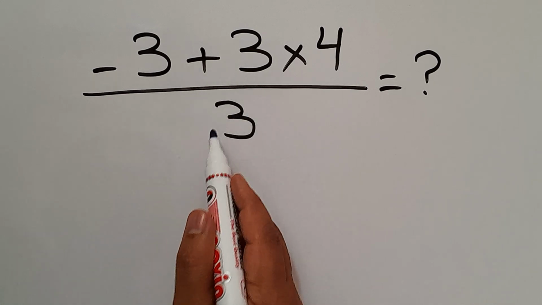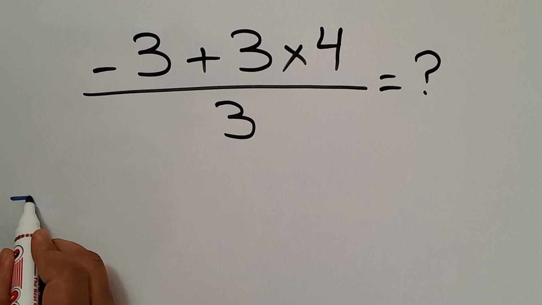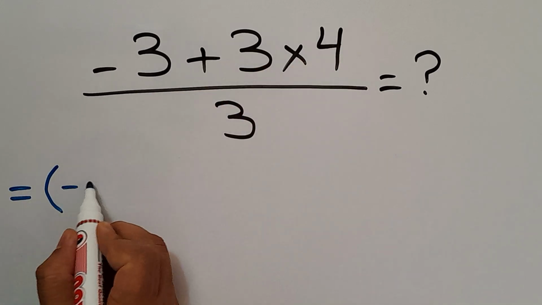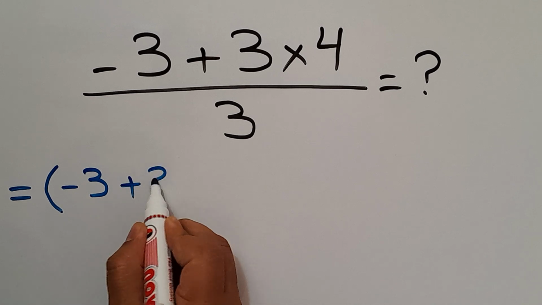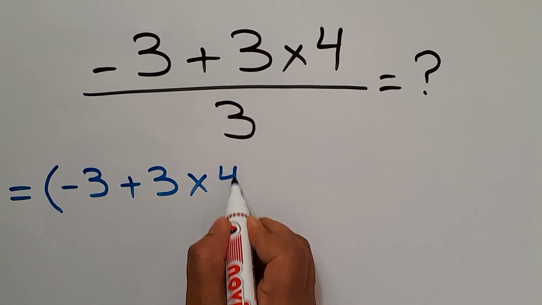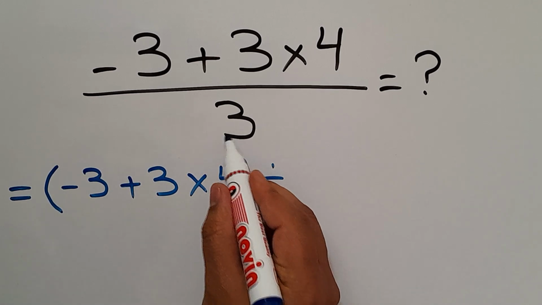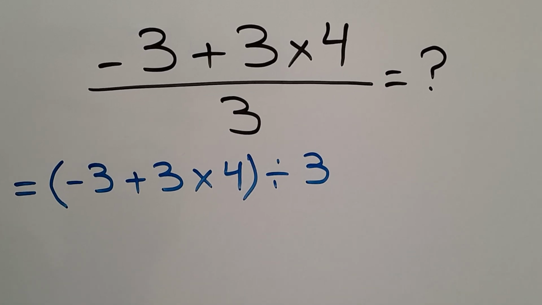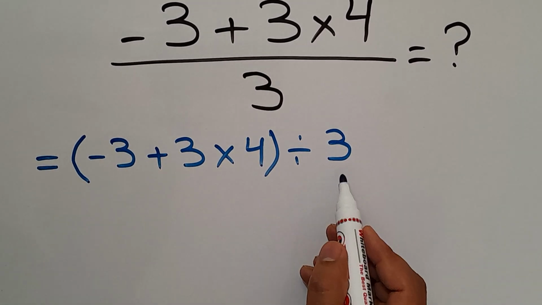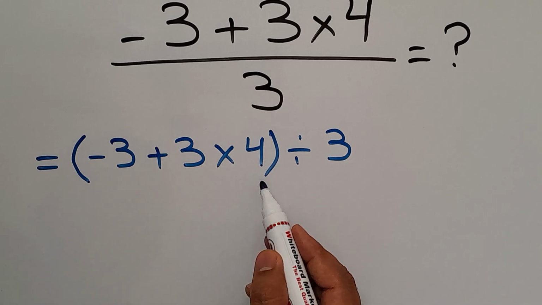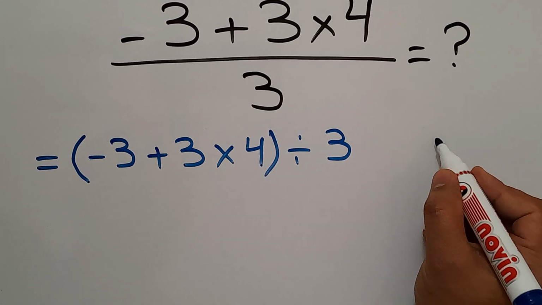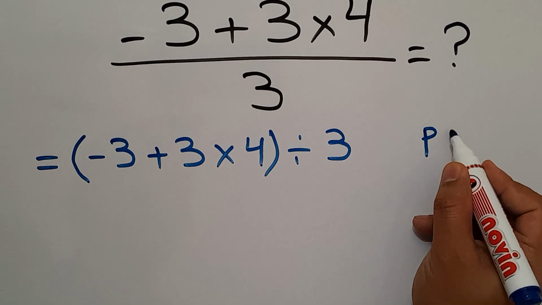Instead of this fraction, we can write parentheses, the numerator, negative 3 plus 3 times 4, divided by the denominator, which is 3. And now in this expression we have one parenthesis and one division. According to the order of operations, which is PEMDAS,